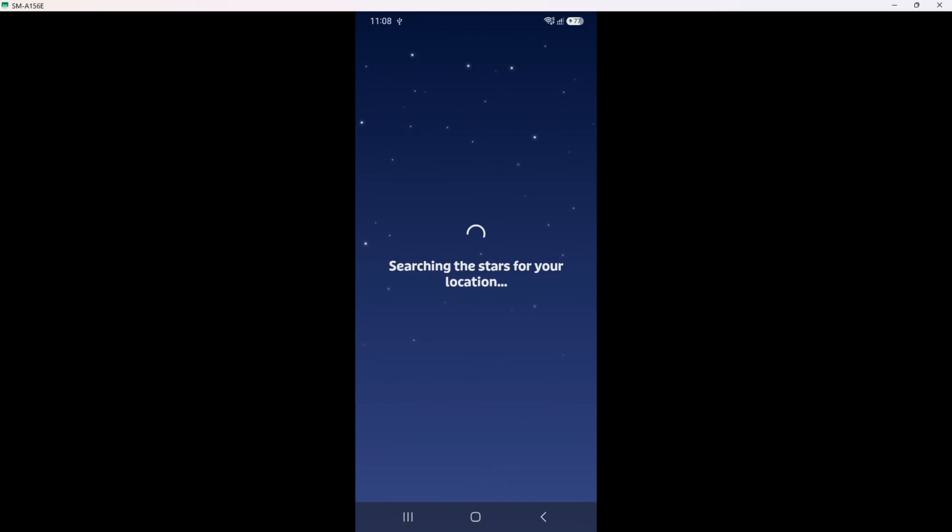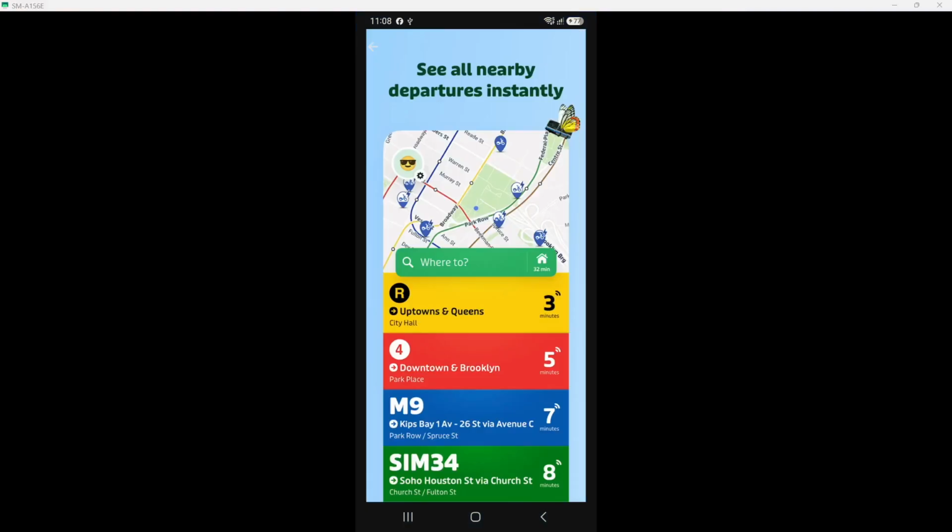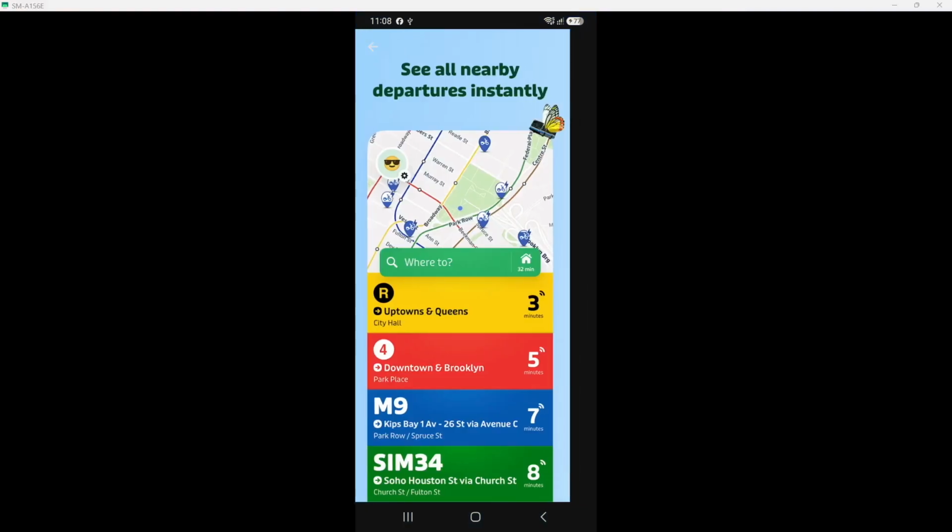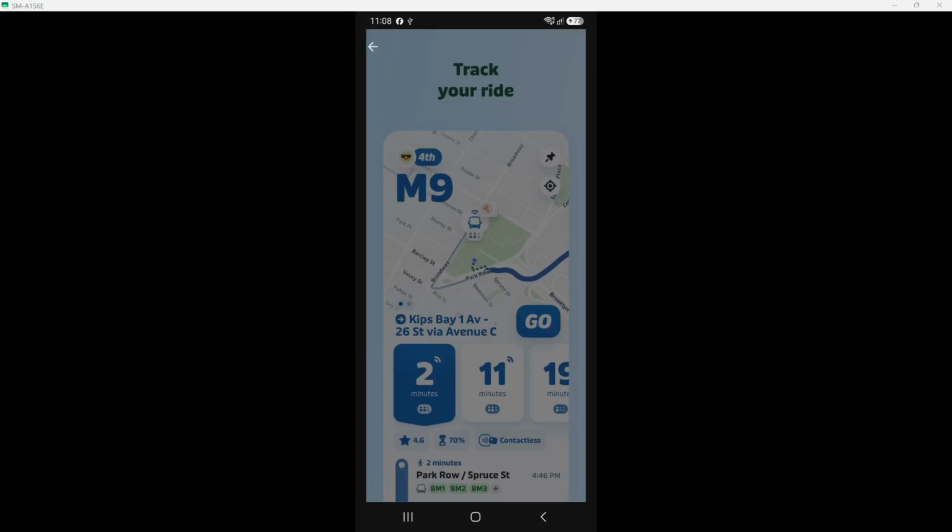Now you can explore its features, track your bus or subway in real time, and receive alerts for delays. This app can be a valuable companion for your daily commutes or travel adventures. You may even find some additional premium features that enhance your experience, but remember, the basic app is completely free.